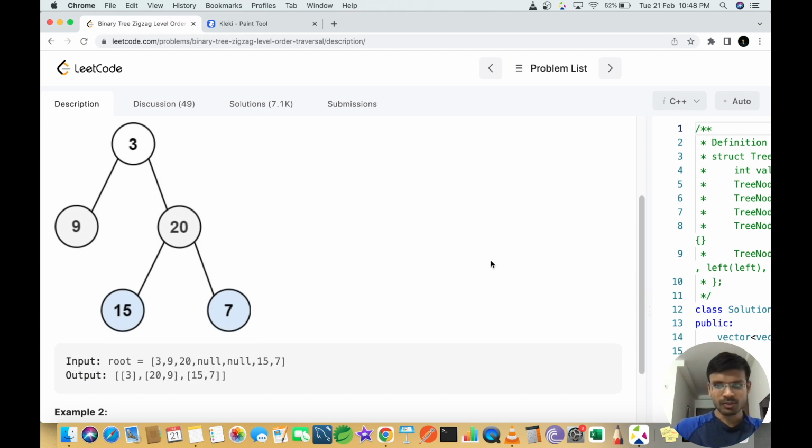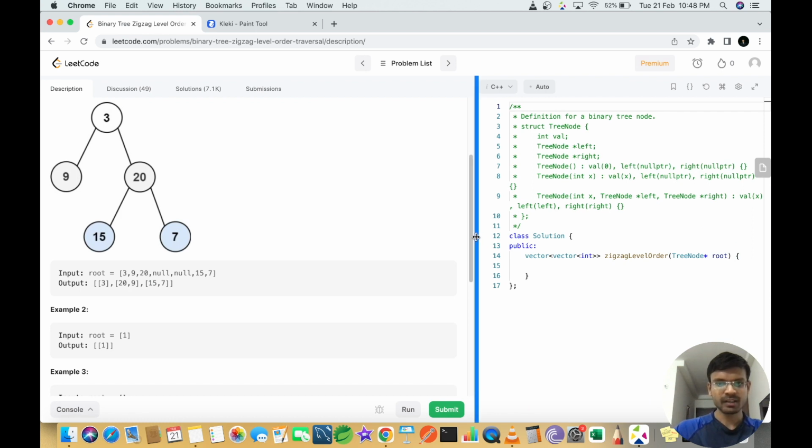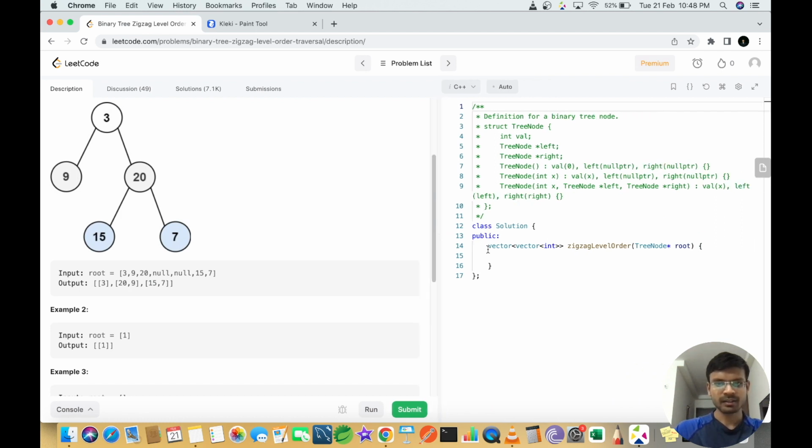So if we go via C++, right, we have to return finally a vector of vector, in which each individual vector is nothing but the nodes present at a particular level. So the first vector is nothing but the nodes present at level 0. The second vector that is present in our answer vector is nothing but the nodes present in level 1. Similarly, the third element in our answer vector will be the nodes present at the second level, right? But the only condition over here is we have to keep in mind the order of the elements present at